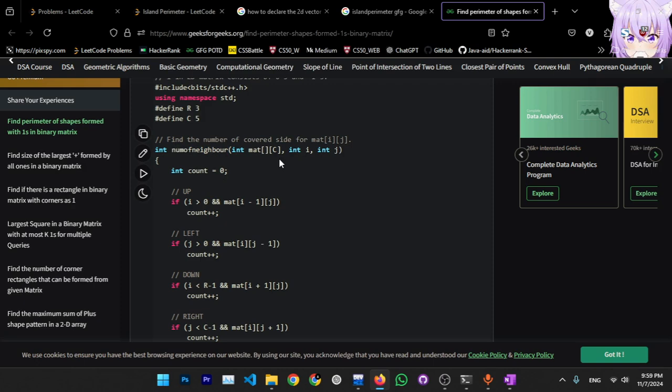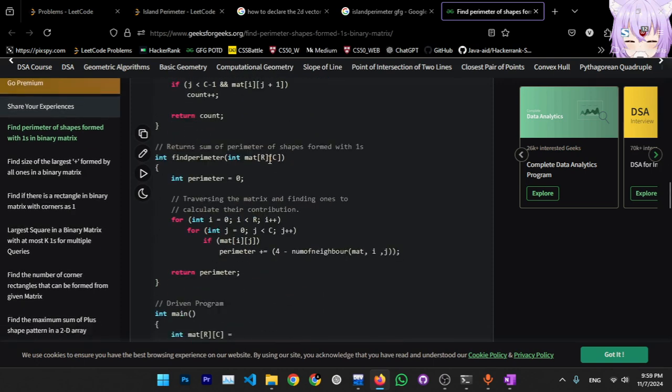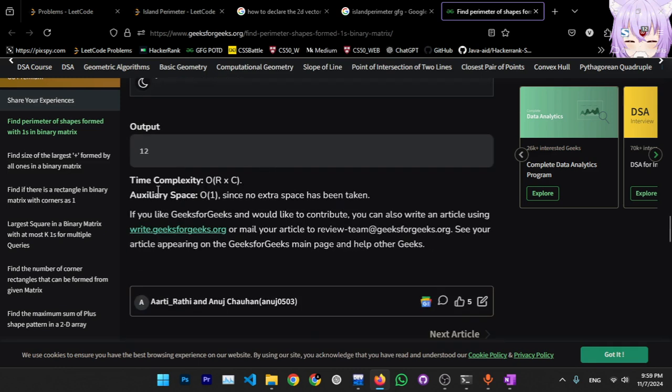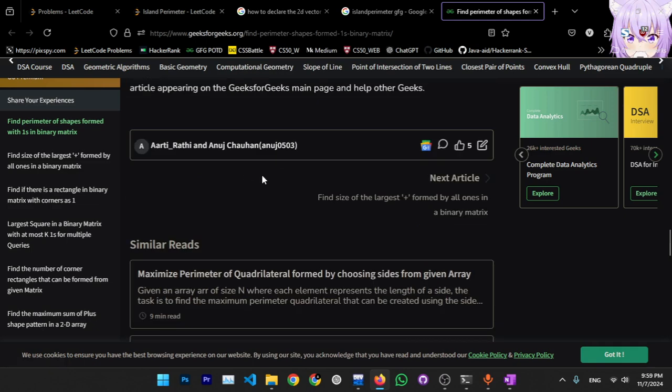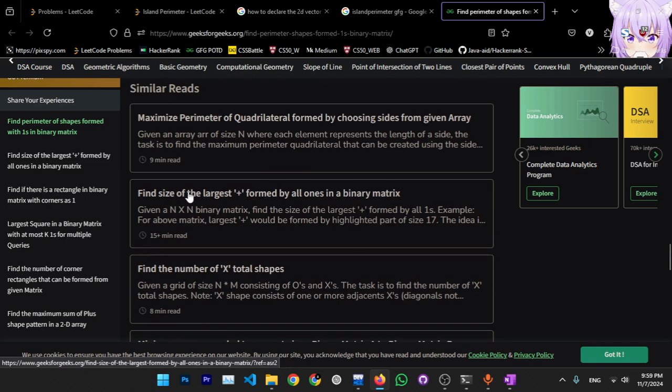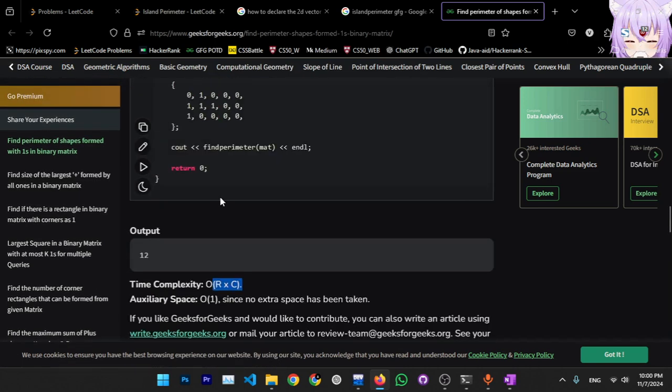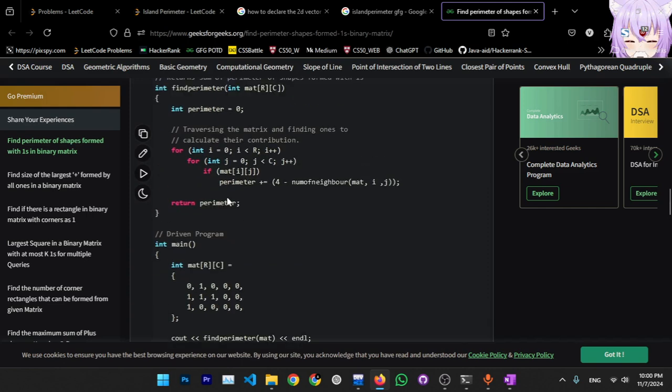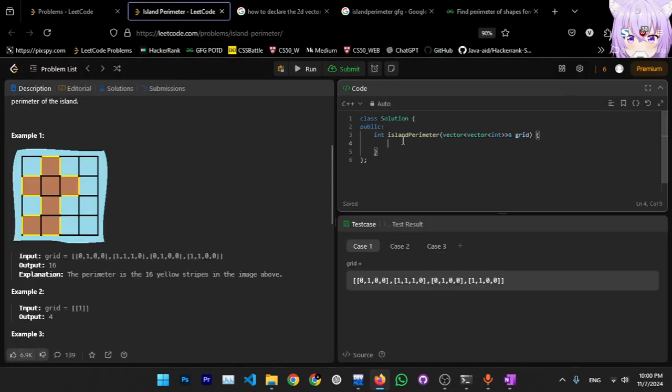Okay, so how can I solve this with time complexity R times C? It is not mentioned how we can find it. Okay, so let's say we can solve it like this. Firstly, result is equal to 0, and for